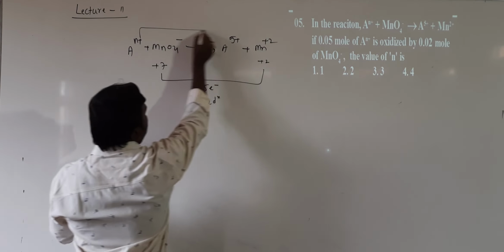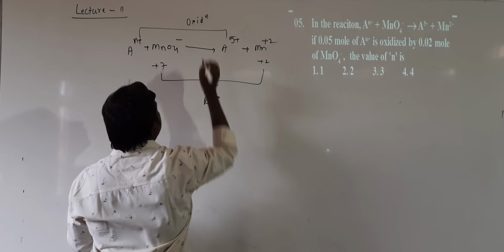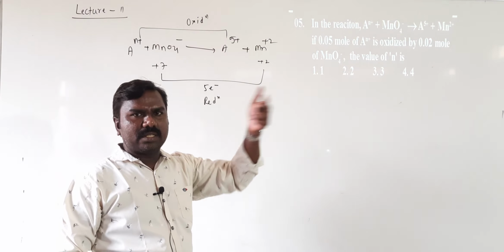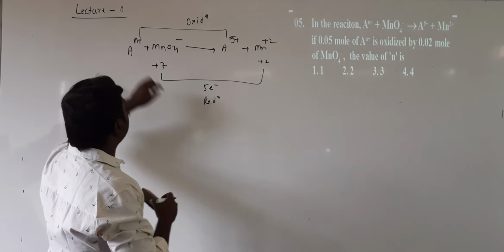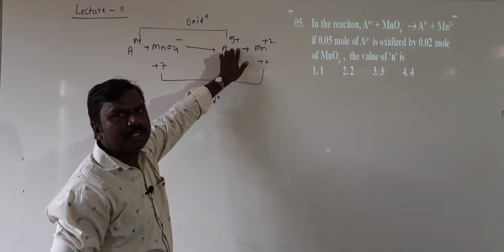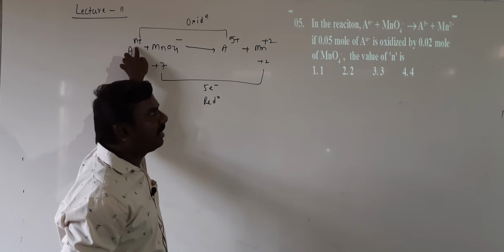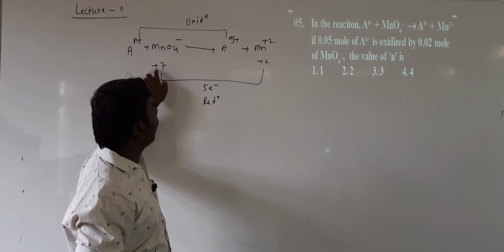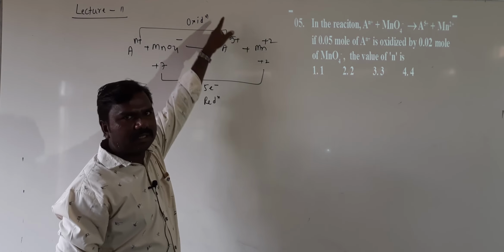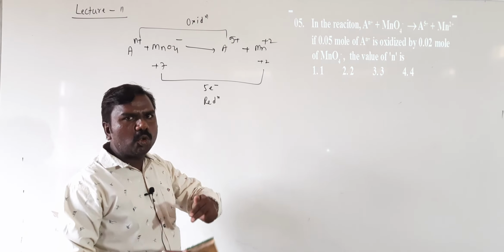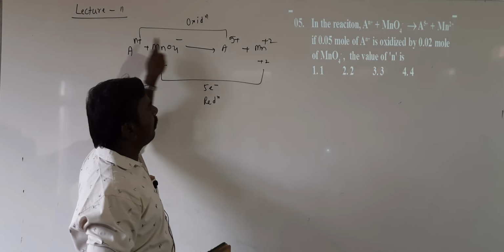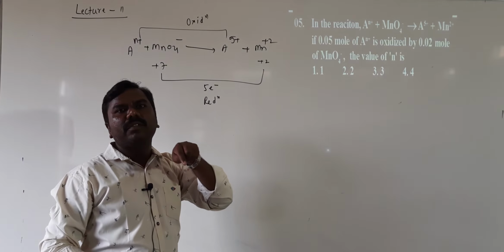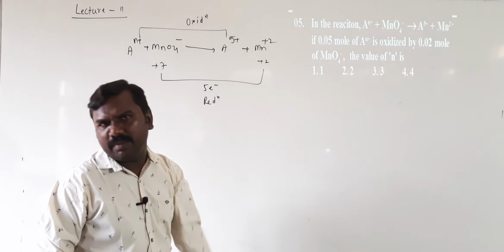So obviously it becomes oxidation. Oxidation means losing electrons. Losing means positive charge increases, from low positive to high positive. The N value must be less than that of the +5 value. It is oxidized, it is reduced. Oxidized means low positive to high positive, low N value to high +5 value. The N value must be lower than that of the +5 value. It is very, very important.